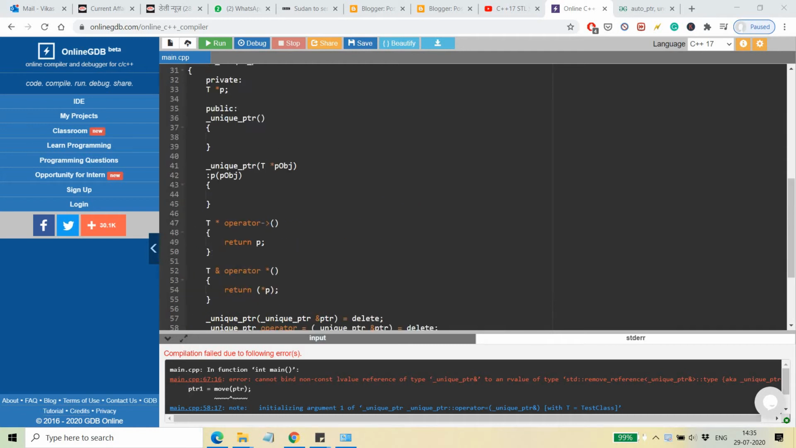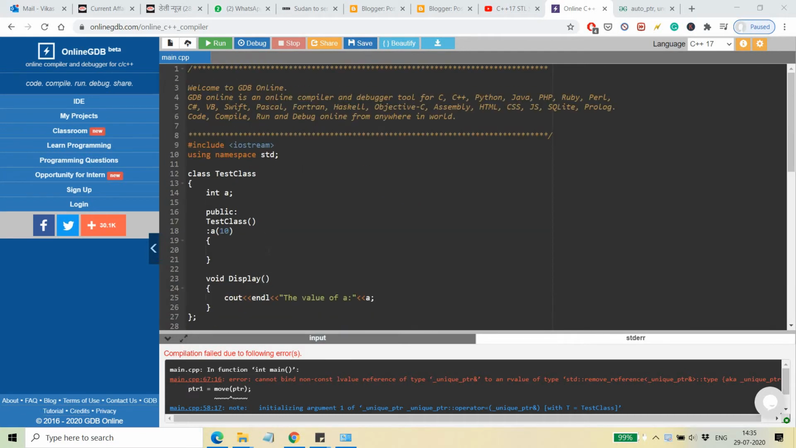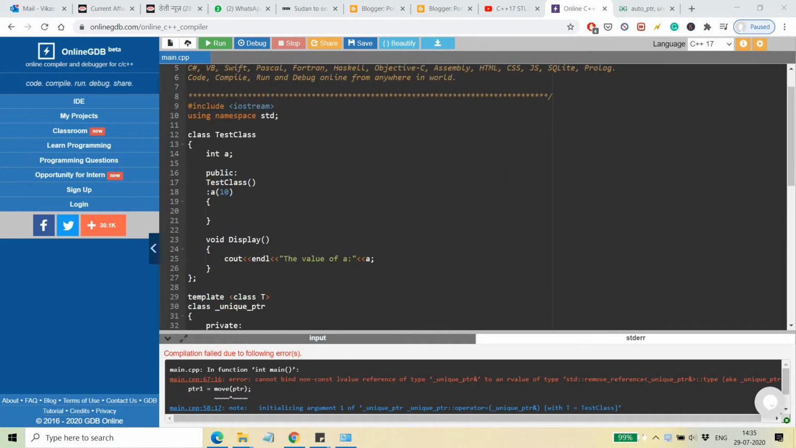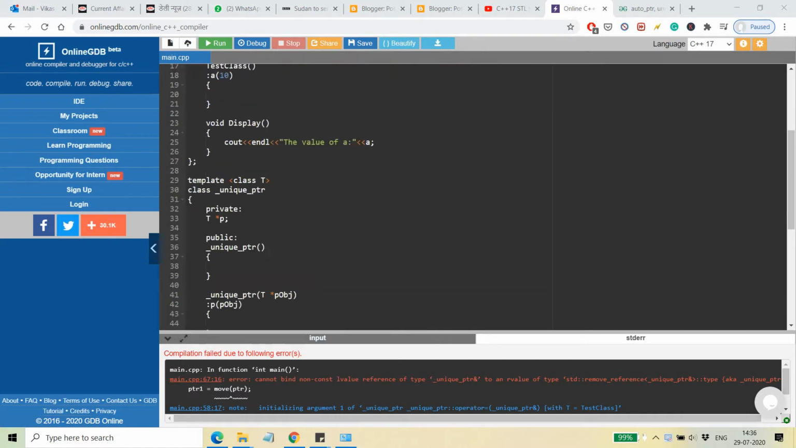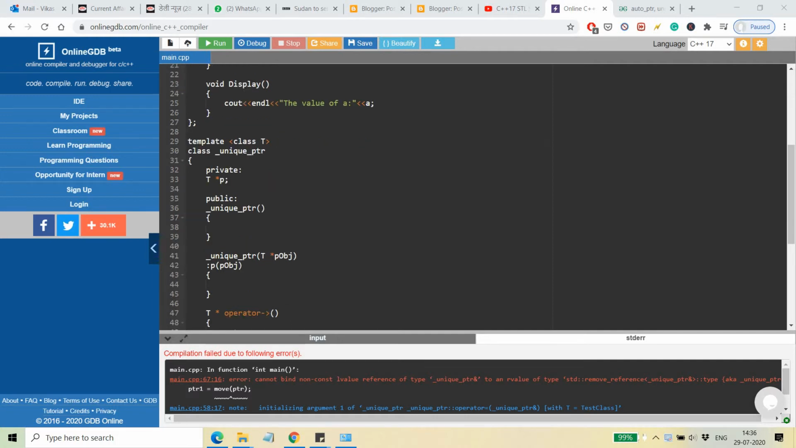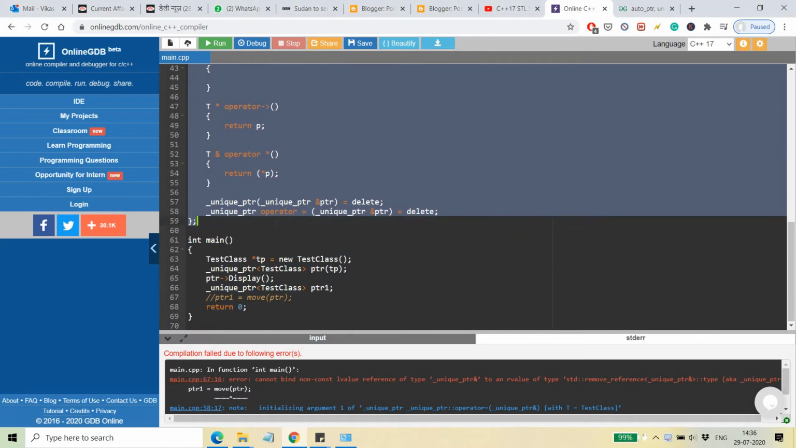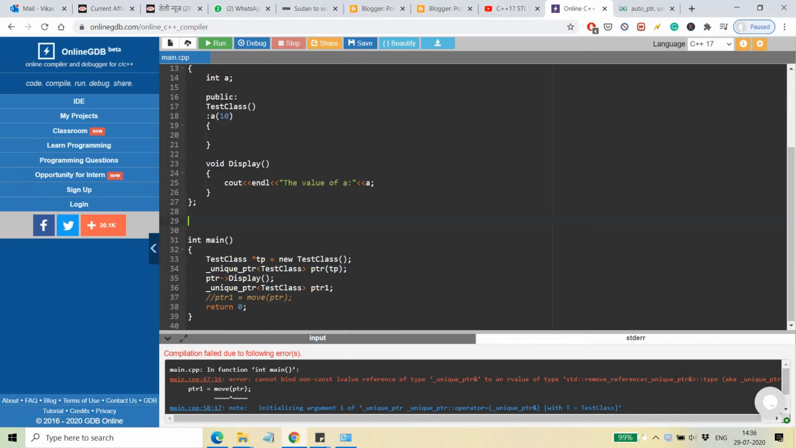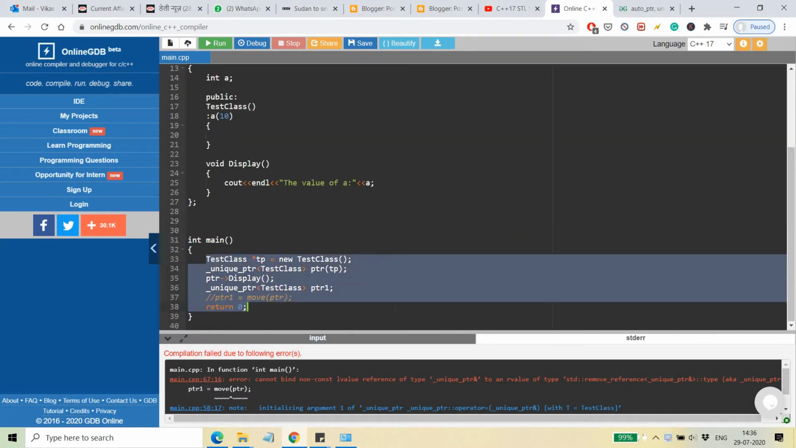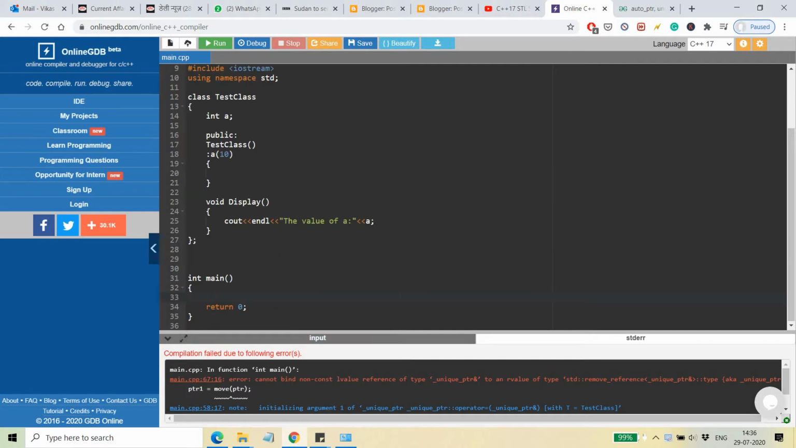Hello friends, today I'm going to discuss unique pointers, which is a kind of smart pointer provided by the C++14 and C++17 versions of the compiler. So I just need to remove this first so that we can do our exercise in a clean manner. Okay, so let me show you how the unique pointer is used and what is the special characteristic of